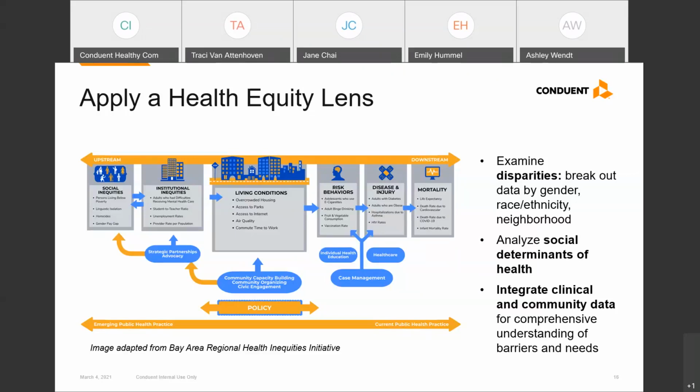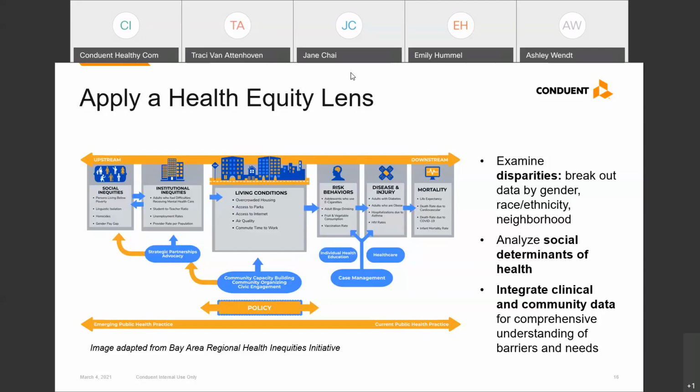So Ashley, before I jump into that, we did have a question come up that I think is related to this health equity lens, and that's about some strategies to make sure that we're engaging diverse voices. And I think I want to answer that by saying this is where that relationship with your community partners is so key, in understanding what are the demographics of your community, what's the breakdown, who are those partners that are serving the various subpopulations that you have, so that you can make sure that you've got those voices at the table. We can certainly touch on that a little bit more at the end of the Q&A, but I did want to acknowledge that question that came in related to health equity.